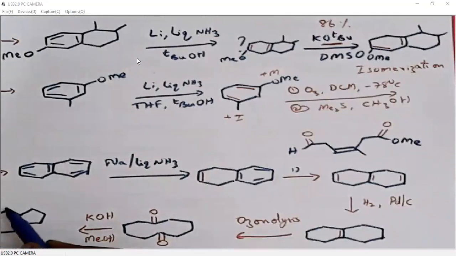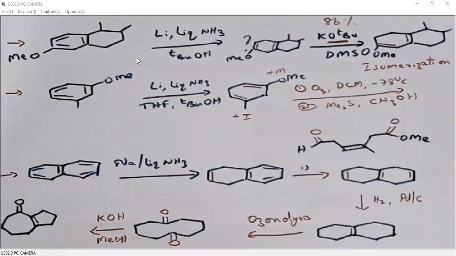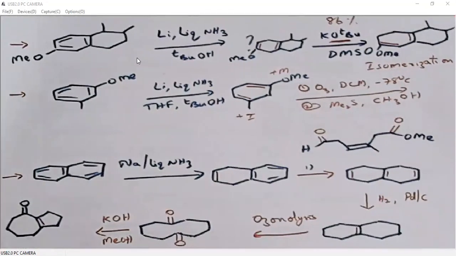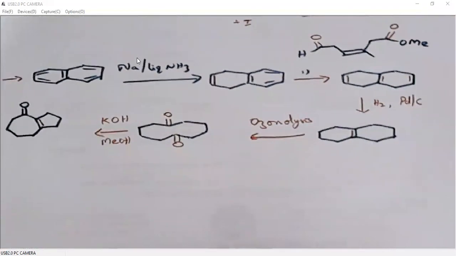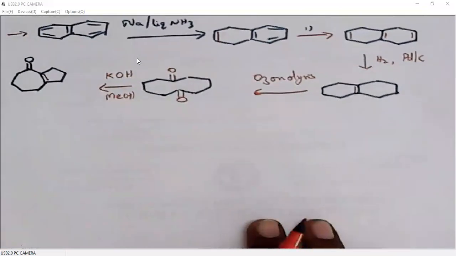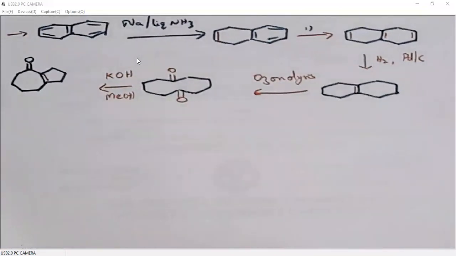where the carbonyl will be in the 7-membered ring, and it will undergo dehydration also because it is giving a conjugated product. So this is the product here. This is how we need to explore the reactions further. It is not just single step reactions. We must learn multiple steps. Then only we will be better at attempting CSIR.